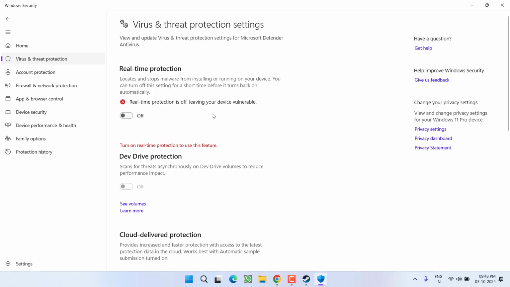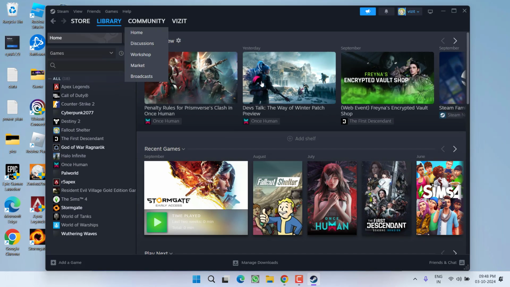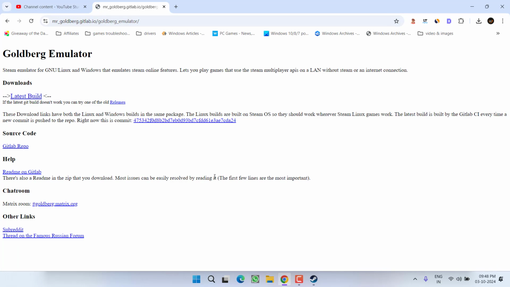After turning off the real-time protection, only then you need to unzip the downloaded file. After unzipping the file, make sure you recrack the game. It is because the Windows Security has quarantined or deleted that cracked file and in turn gives you the Steam failure no license error. Once done, close it. Again relaunch your Steam and then try to play the game and hopefully this will fix the issue of Steam no license error.